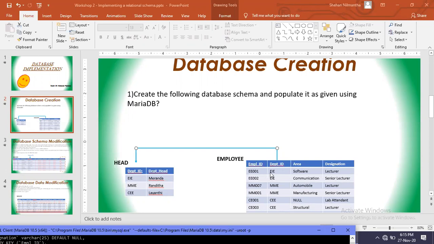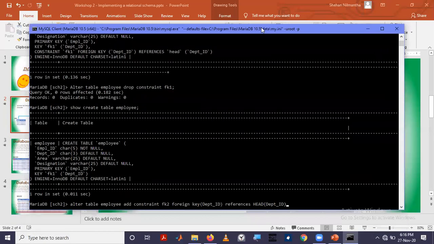Such a thing we call cascade, right? When you delete this one, if you set such instances to null, then you can keep it null or set to default. So you can do three things when someone updates or deletes these records in the reference relation. You can set it to null or default, or you can cascade. Cascade means delete the instances of this one also. That one we have to specify.